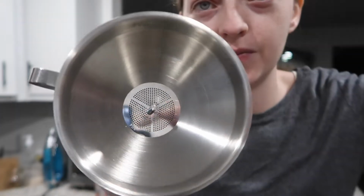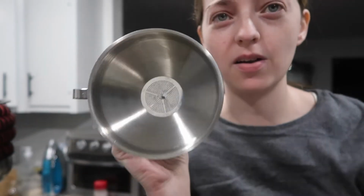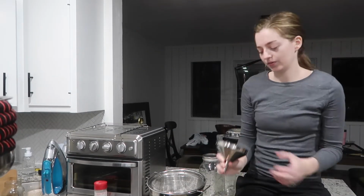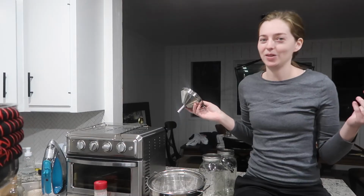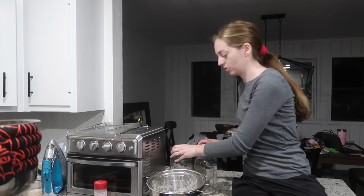fine little strainer in there as well to get all of the little bits out of the broth that you won't want in there. So, and you probably want a helper because it's kind of hard to do the straining process